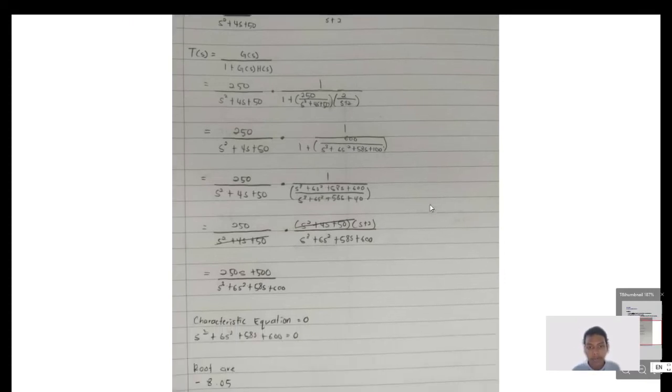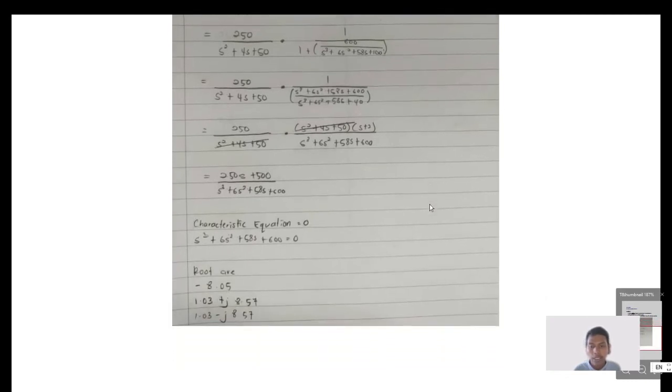So using the formula T(s) equals G(s) over 1 plus G(s)H(s), we can get 250 over s squared plus 4s plus 50 multiplied by 1 over 1 plus open bracket 250 over s squared plus 4s plus 50 close bracket, open bracket 2 over s plus 2 close bracket. After substituting the values into the formula, the answer is